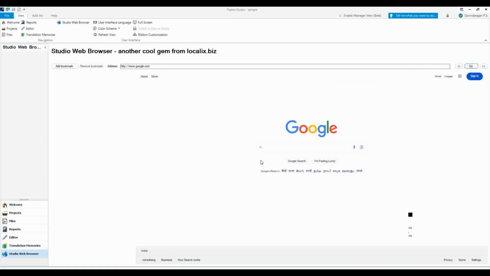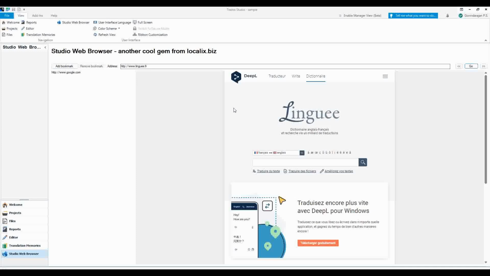I'm just trying to open Google. So Google is open. I'm just adding it as a bookmark. So again, I'm going to type lingway.com or lingway.fr. So the website has come. You can click and add the bookmark to your